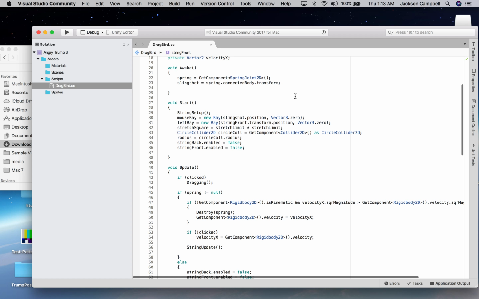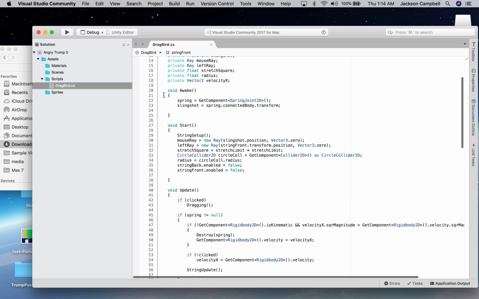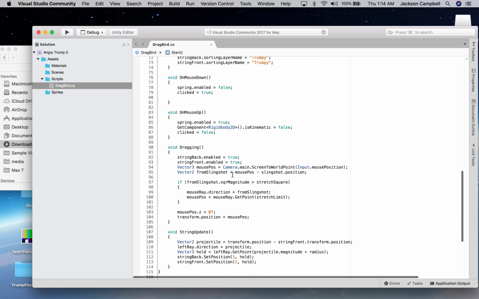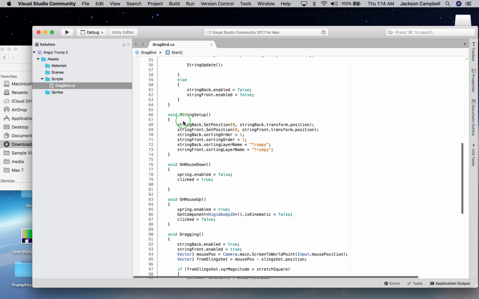You run a program called StringSetup, which is defined down here. So you run StringSetup, then you do ray casting between the slingshot position and the transform position, which is where your mouse is. So you figure out what that ray is,